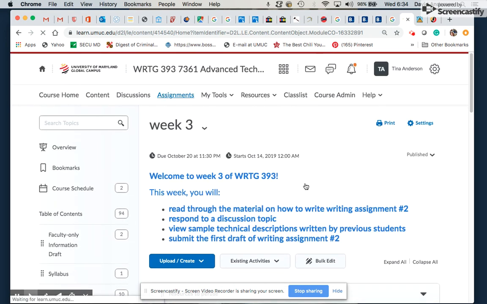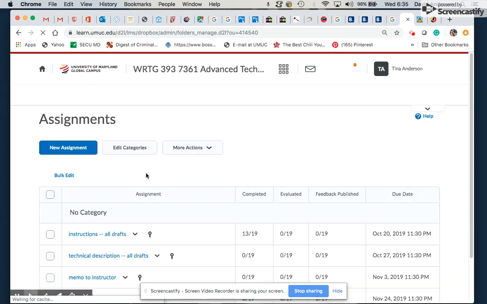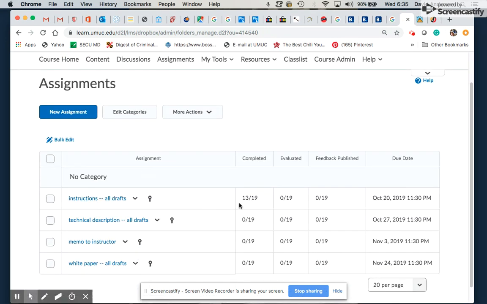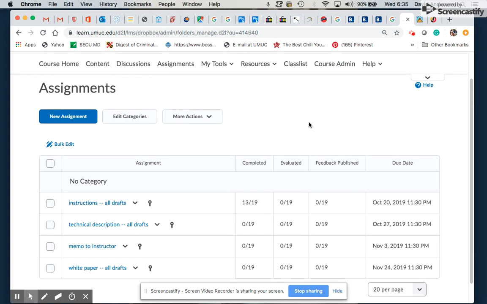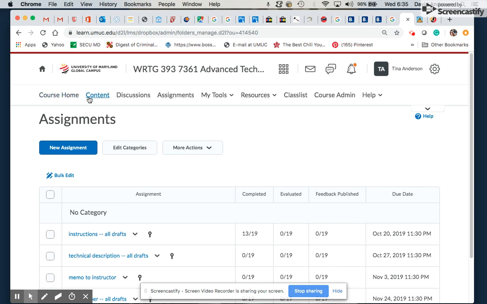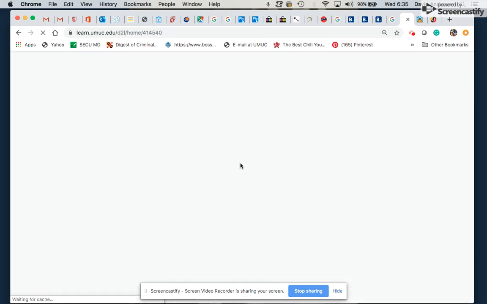Now, I want to share with you, I have received almost all of the sets of instructions. You can see here, this is my folder where they come into, and I have worked on feedback, but haven't published all of them yet. I should have them finished by this evening. That's my plan. So by this evening, which is Wednesday the 16th, you should have your set of instructions feedback on it. Now, what you do with that is after you've listened to my feedback, and it's just like clicking on this